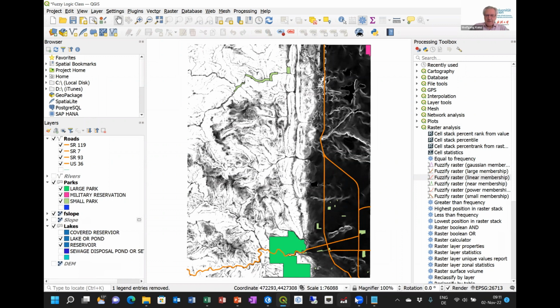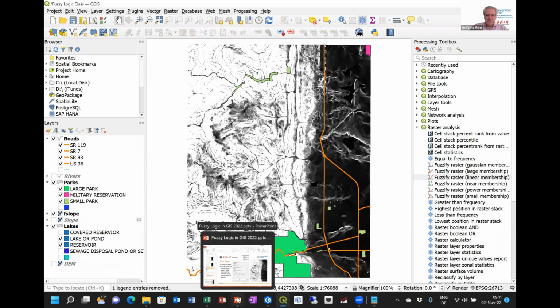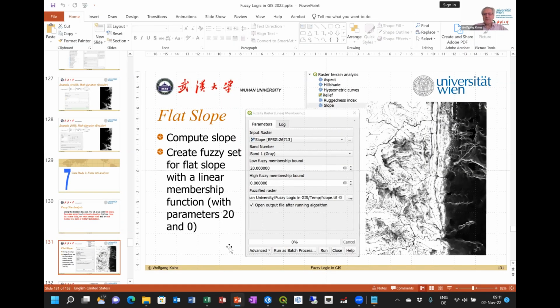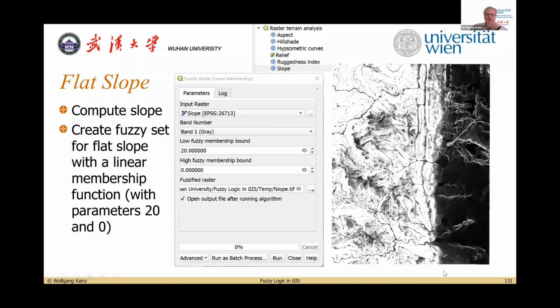We basically have already computed our first criterion. Our first criterion, flat slope. Then we have to go to the next one,